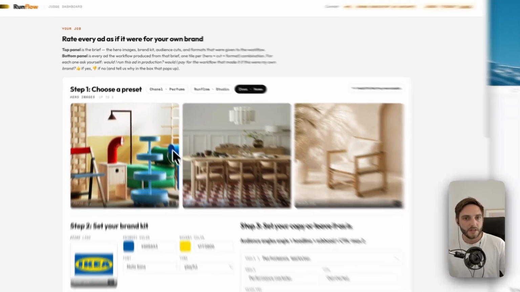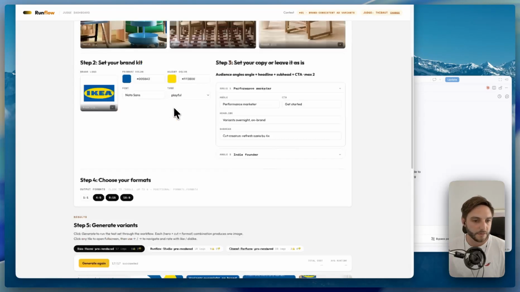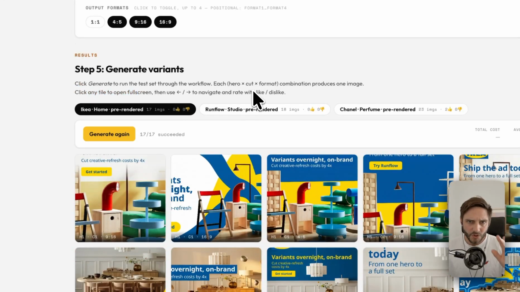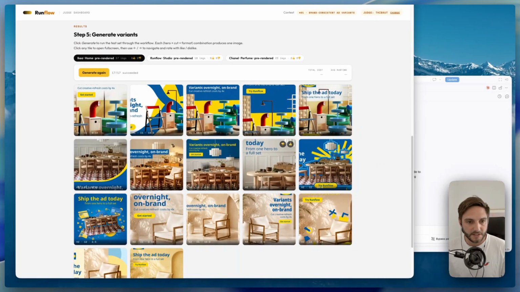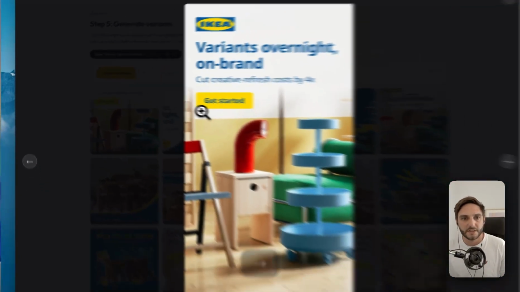Then let's say if you go with a tone that is more playful, let me show you here for the IKEA example, that is a lot less of a premium vibe. It's more like a family vibe, so we want to make it more playful. This is, by the way, just 4 sets that I'm showing you for this example, but you can make it your own, and then basically what you get as an output, sometimes it's kind of modest,